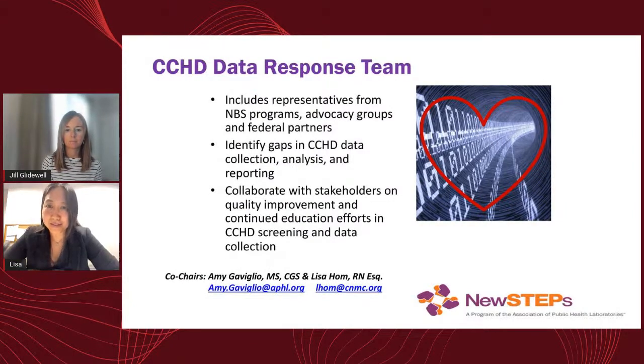Another tool that we have in place nationally, which is partially HRSA funded, is through NewSTEPs, the Association of Public Health Laboratories. We have a team called the Critical Congenital Heart Disease Data Response Team. And that's something that I've had the privilege of co-chairing along with my colleague, Amy Gaviglio, who worked for many years in the newborn screening space in Minnesota in the Department of Health there. And the goals of this data response team are to identify gaps in CCHD data collection, analysis, and